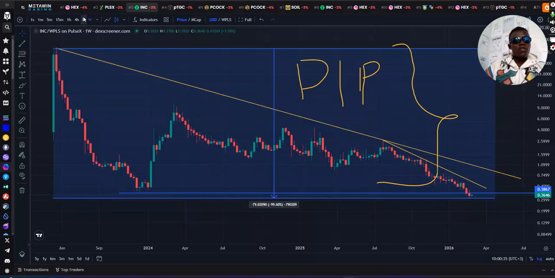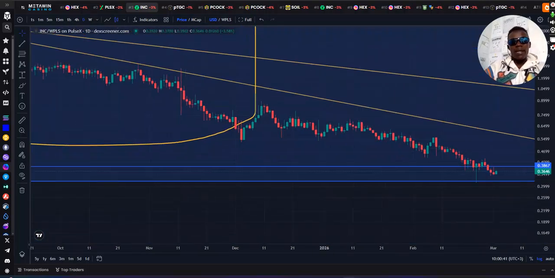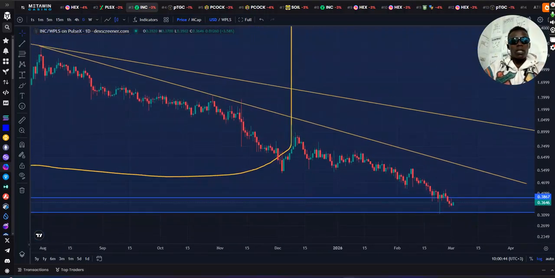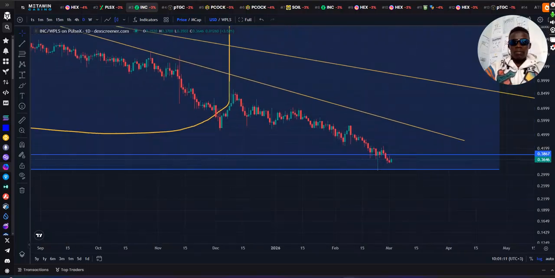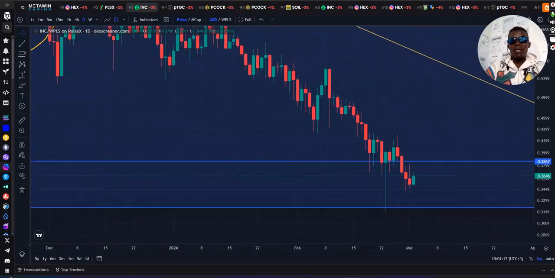And once they have been invalidated, price will be confirming that the bulls are back in the market and you can buy. So if you want to strike a good entry in the market, you just don't buy without analyzing. It's good to look at what is happening. Right now, you can see price touched this high here, the higher low, and higher low here, and then it has been making more higher lows. So this is a good point right now to buy because price is actually at its lowest. Actually, you can see this week, actually today, the price is bullish. You can see the green candle here, indicating that there's some good buy momentum happening.